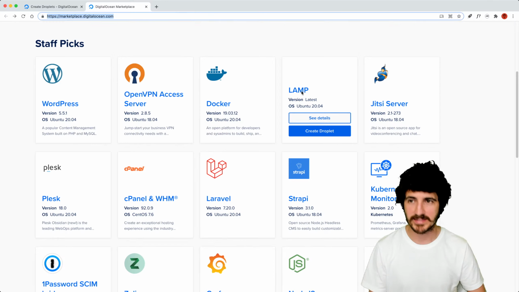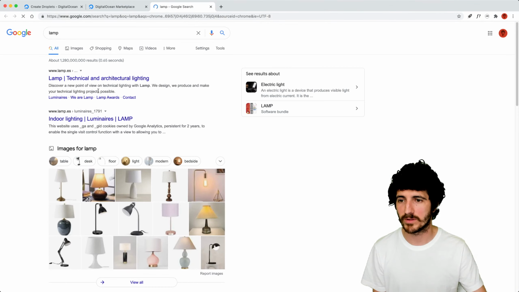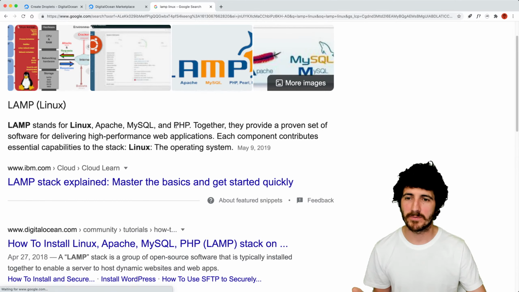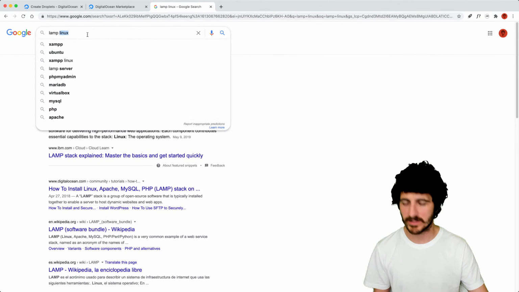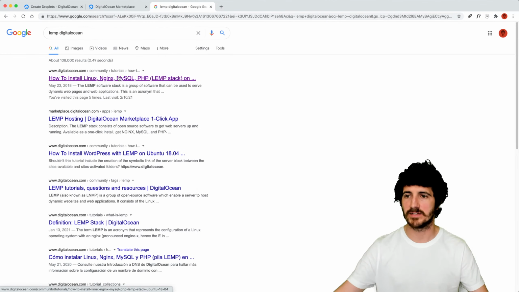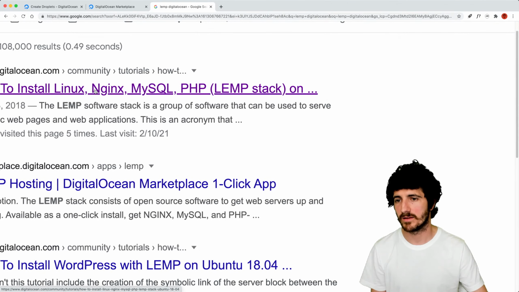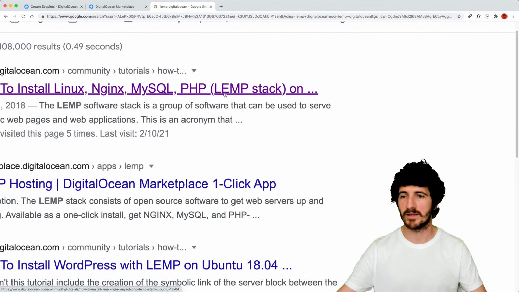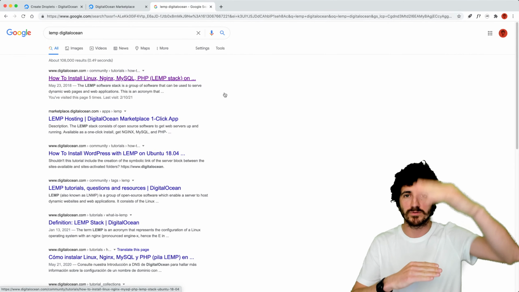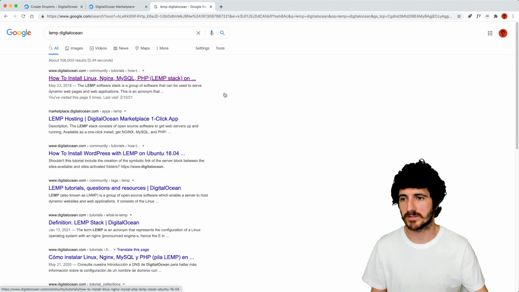LAMP is a stack of tools that include Linux, Apache, MySQL, and PHP. That's where the LAMP acronym comes from. And I don't fully understand LEMP, because it's a stack that instead of Apache has Nginx, so I don't really understand. Maybe the N from E, like the N sound. So maybe now I understood: Linux, Nginx, MySQL, and PHP, LEMP stack. A stack in software terms is just when you put a bunch of tools on top of the other and make them work as a system, as a whole.